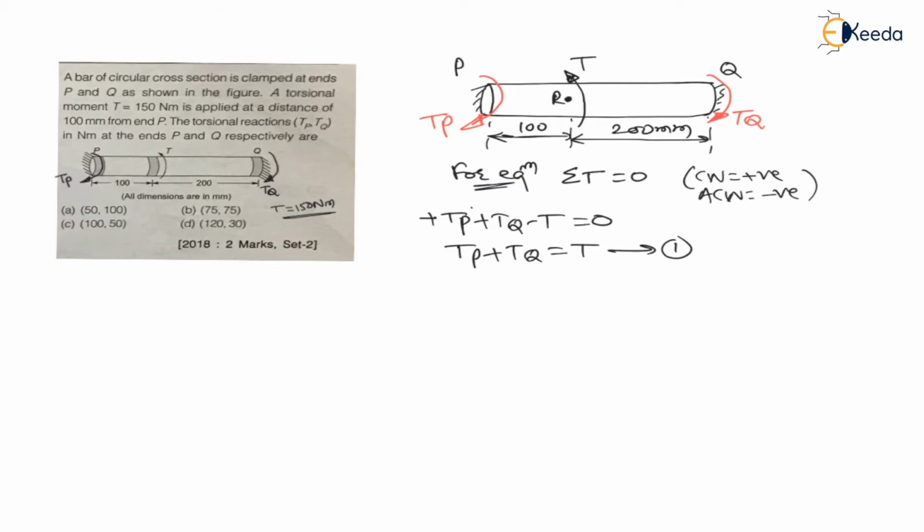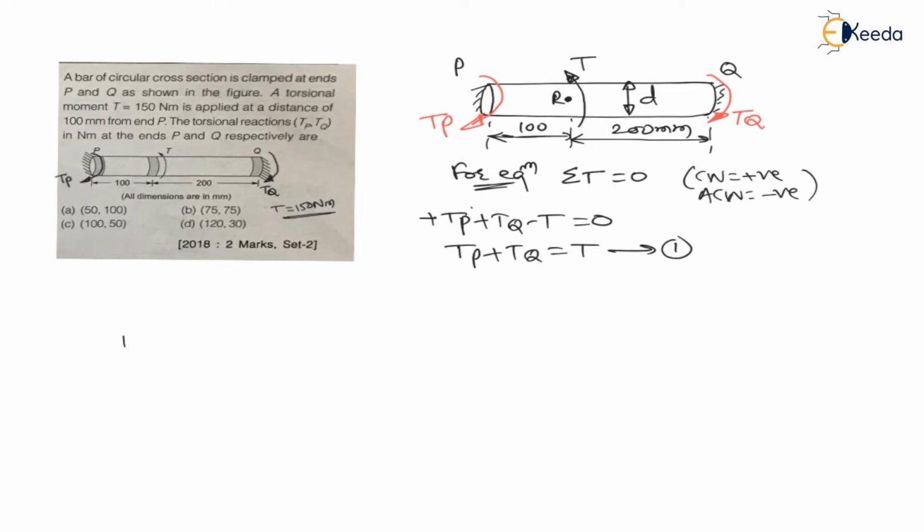Now here I am using the concepts of engineering mechanics, that is, I am drawing a free body diagram. Here there are two shafts connected in series. From P to R there is one shaft, and from R to Q there is another shaft, and at R a torque of T is acting. Here the diameter is the same for both shafts, diameter D only, for shaft PR as well as RQ. Lengths are different.